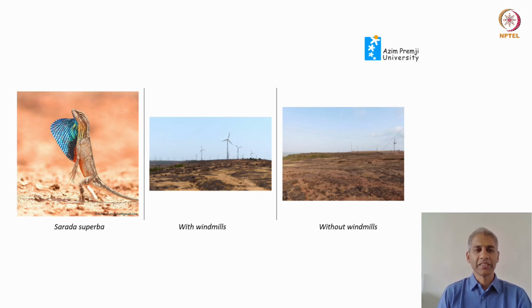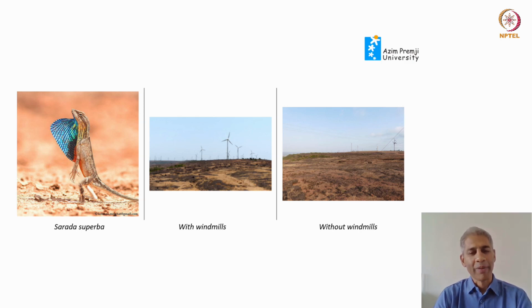So this is what the researchers did. They focused on the main prey for certain predatory bird species. This is the aptly named Sarada superba, the fan-throated lizard. It has this fantastic dewlap, which can be seen here in the image. Now, you want to look for the population of these lizards on these Sahyadri plateaus,